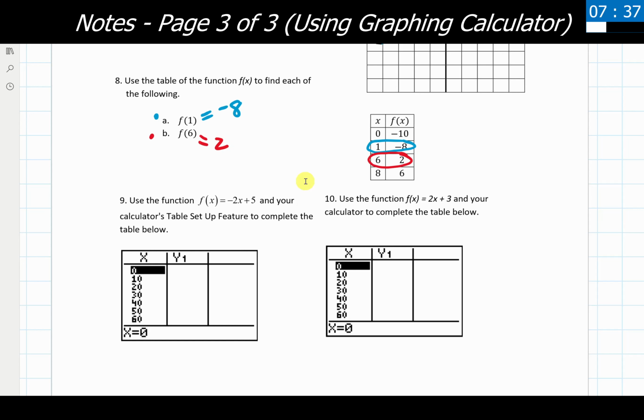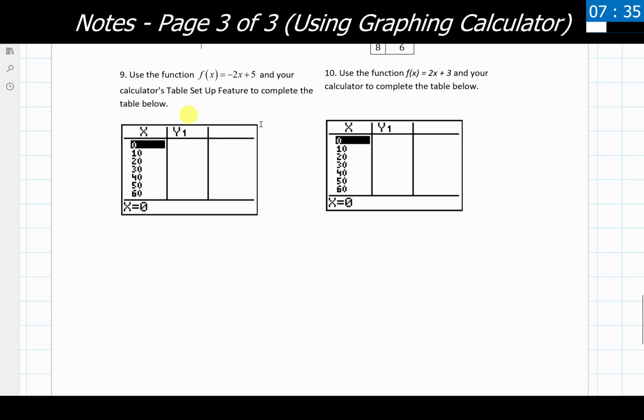Now for our last two examples here, working with number 9 and 10, we are going to be jumping over to a different program and using a graphing calculator emulator to set these things up and write them out. So as necessary, I would write out these equations for yourself, and write out the table of points that we need to solve for, because we're going to jump on over to that other program, do everything in there, and then come back to this one.